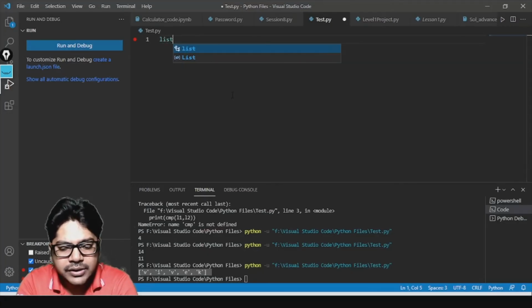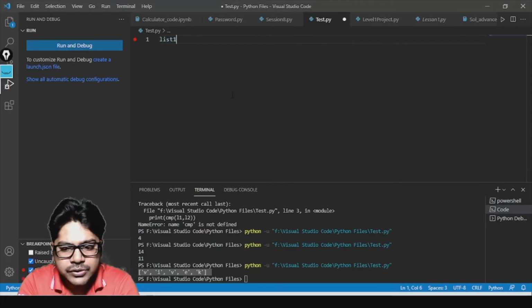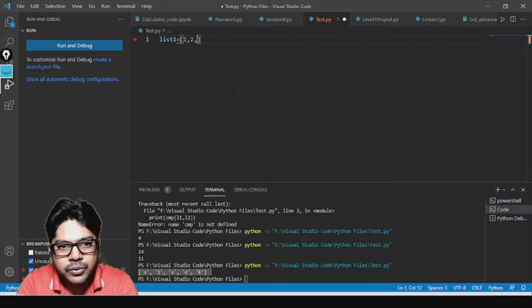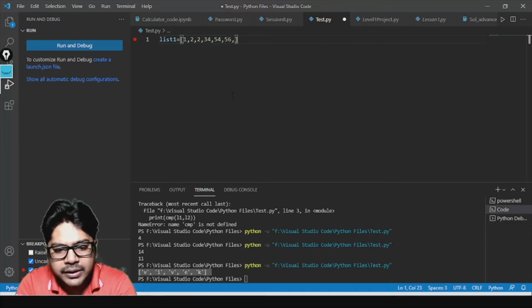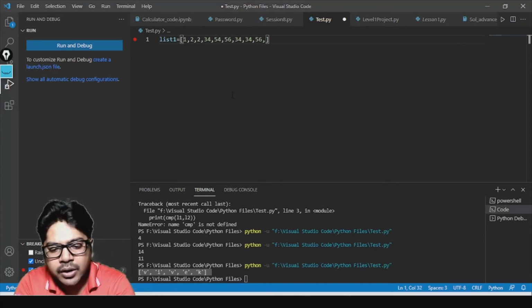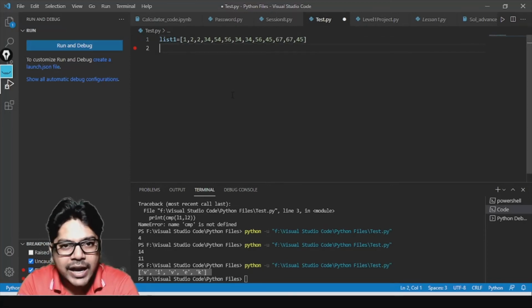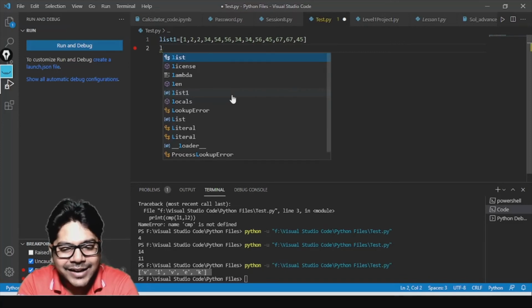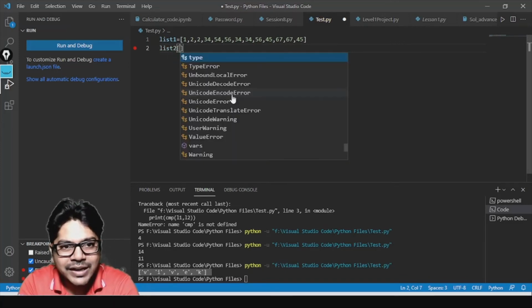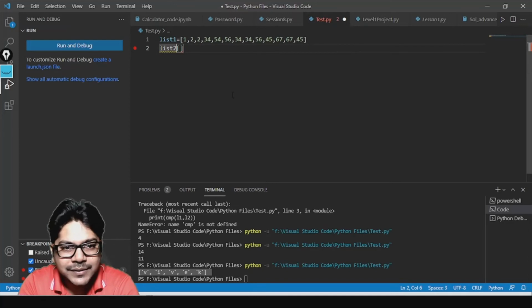So let's write it. List 1 equal to 1, 2, 2, 3, 34, 54, 56, and then 34 again, 34 again, 56 again, 45 again, 67 again, 67 again, 45. So I took some random elements. Then I'll create another list, list 2, which is an empty list. I gave an empty bracket, so it is an empty list.